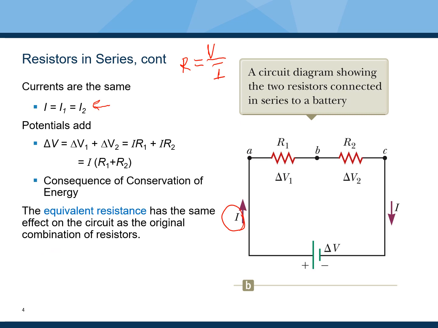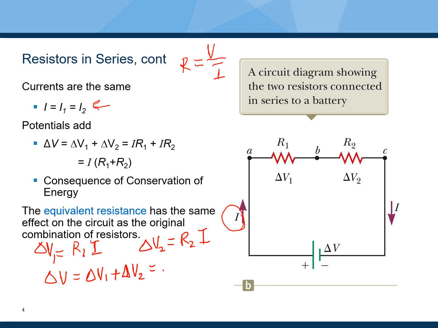So we can actually focus on the voltage, and we can say that the voltage delta V1 is actually equal to R1 times the current I. The voltage delta V2 across the resistor R2 is actually equal to R2 times the current I. And therefore, we can say that the total voltage delta V is actually equal to delta V1 plus delta V2,